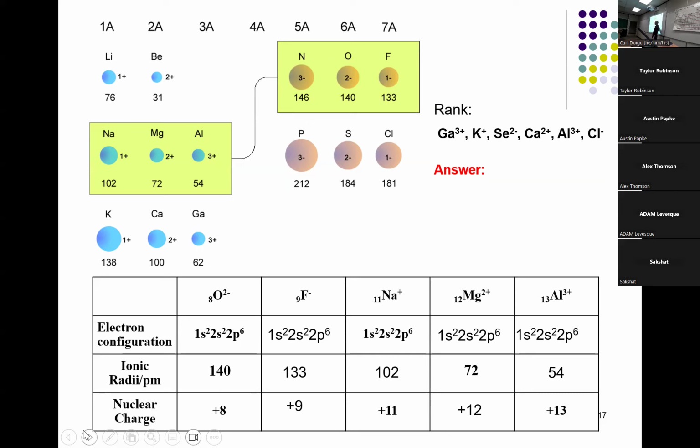There's chloride. And going this way, things are getting larger. Can I compare somehow selenite to any of these? Where would selenite fit in this diagram? Oh, it's right below sulfur. Okay, so how about I add to my chart here? I'm going to put selenite. How would selenite compare? Would it be larger or smaller compared to sulfur? Going down the period, it's going to be larger, right? I don't need to know exactly what its size is, but it'd be larger here, right? That's going to be bigger.